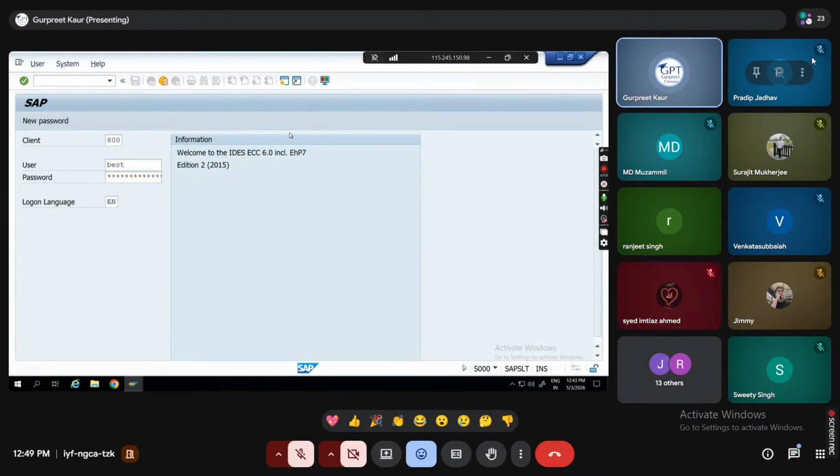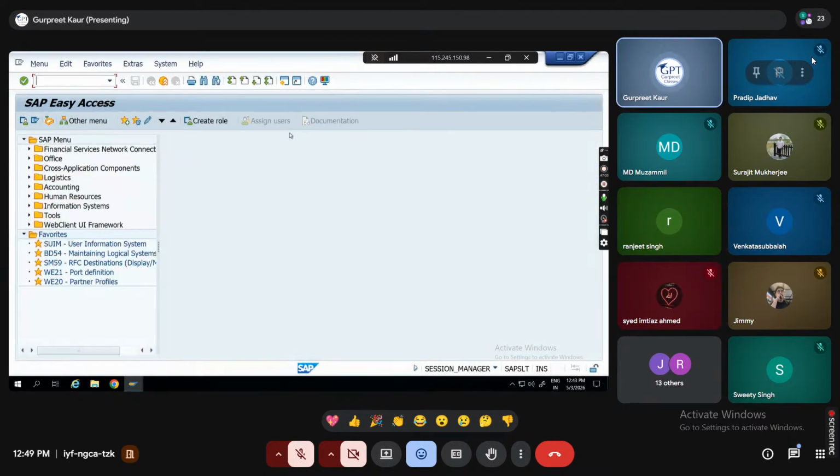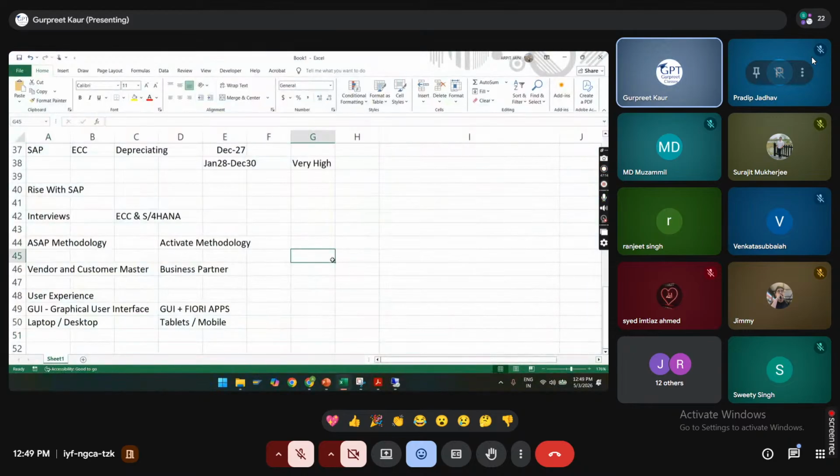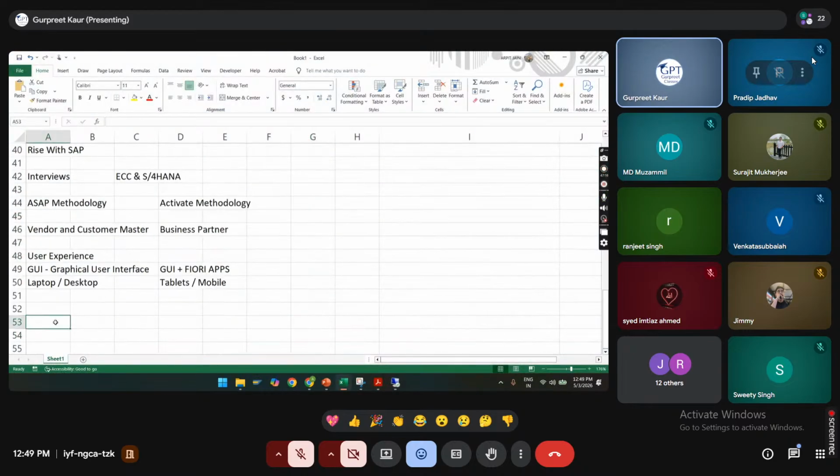Okay, is there any difference in enterprise structure configuration when it comes to ECC and S/4HANA? A simple difference. Difference between enterprise structure configuration among ECC and S/4HANA. Can anyone?